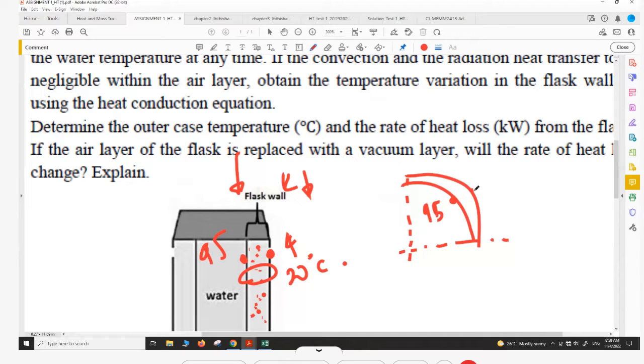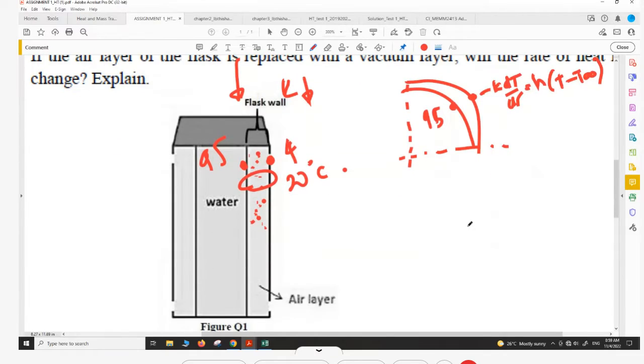Degree C, and the outer surface will have a boundary condition of convection. K dT/dr is equal to H. This must be T wall minus T ambient because it's rejecting to ambient. So this is the first boundary condition. This is the second boundary condition. So next what we are going to do is to solve